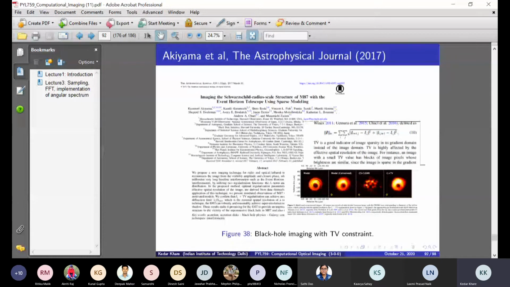It is the sum of (I(i+1,j) minus I(i,j)) whole squared plus (I(i,j+1) minus I(i,j)) whole squared, square root, and then summed over all ij's, on all pixels. So essentially, if you can read there, you can see that TV is a good indicator of image sparsity in its gradient domain instead of the image domain, and TV is highly affected by spatial resolution and all that. You can read this paper, but essentially you see that this was the model for the black